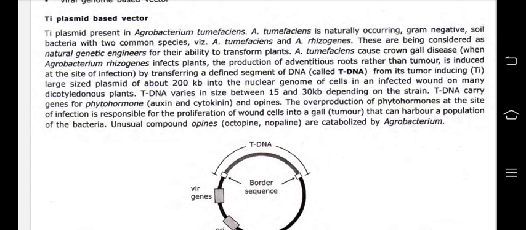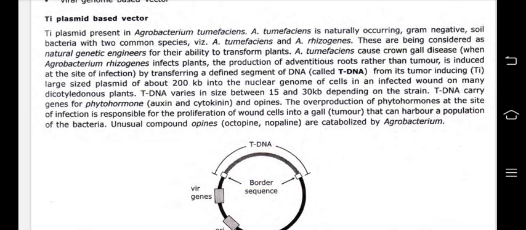or A. tumefaciens is a naturally occurring gram-negative soil bacterium with two common species, Agrobacterium tumefaciens and Agrobacterium rhizogenes. These are considered natural genetic engineers for their ability to transform plants. A. tumefaciens causes crown gall disease, while when Agrobacterium rhizogenes infects plants, production of adventitious roots rather than tumor is